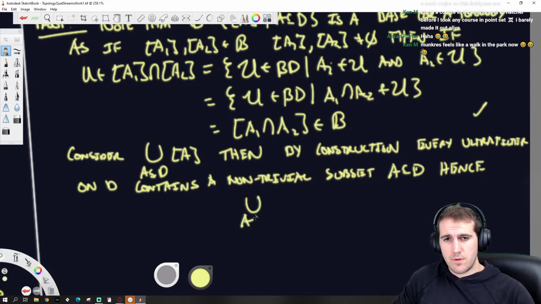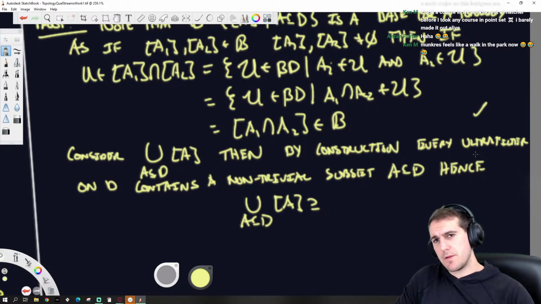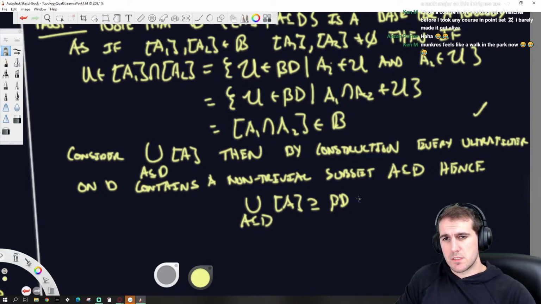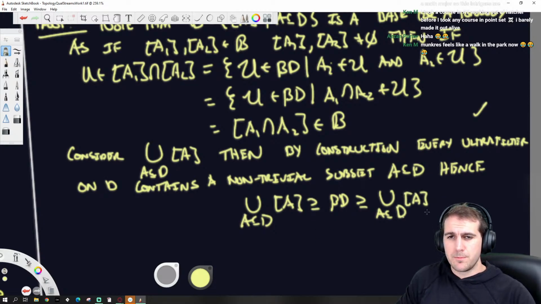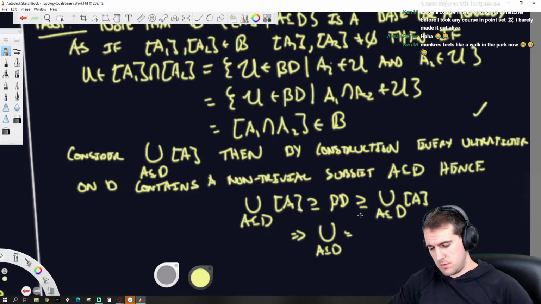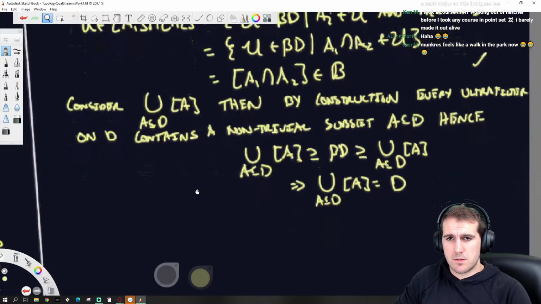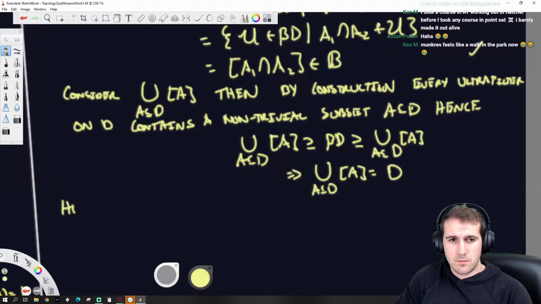So the union of a subset of D of A is a superset of, so if you are an ultrafilter in the collection of all ultrafilters, then you contain a non-trivial subset. So this union is a superset of all those possible ultrafilters, which is a superset of the union of subsets of itself. So that means that the union of all these things is just that whole collection. So we do have a base, hence B is a base.